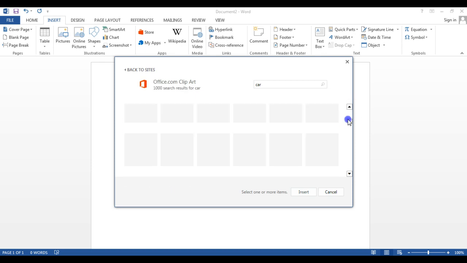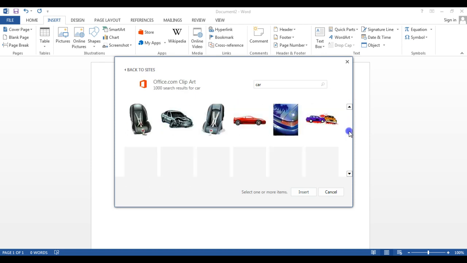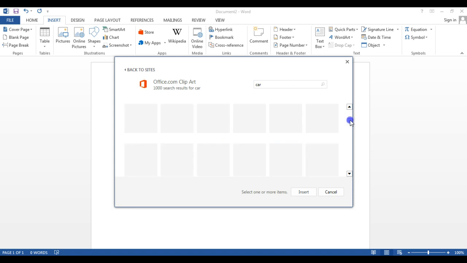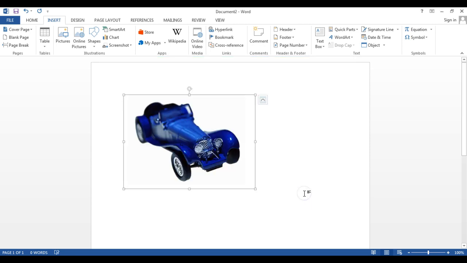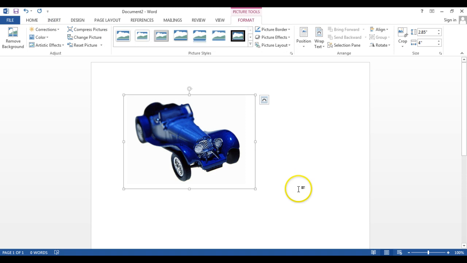Now you get a lot of pictures, or a lot of clip art and a lot of pictures, however you want to look at it. I just want you to go with the first one you see. Don't take a lot of time in finding something. And we're going to insert. Once we insert our picture, notice when you click and try to drag it, it is